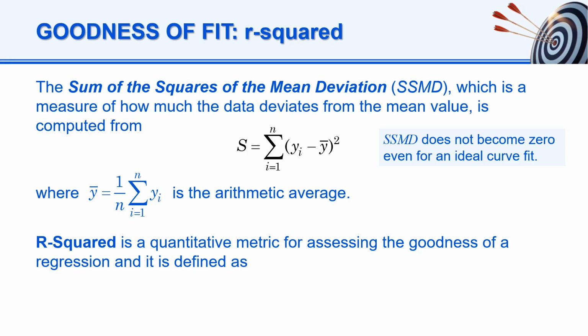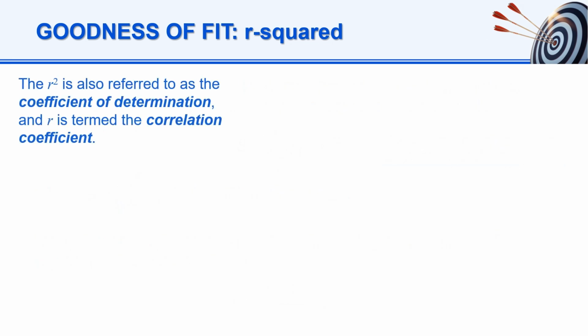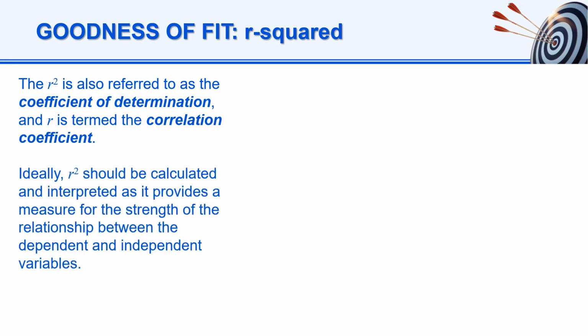R-squared is a quantitative metric for assessing the goodness of a regression, and it is defined in terms of SSR and SSMD as follows. The R-squared is also referred to as the coefficient of determination, and R is termed the correlation coefficient. Ideally, R-squared should be calculated and interpreted as it provides a measure for the strength of the relationship between the